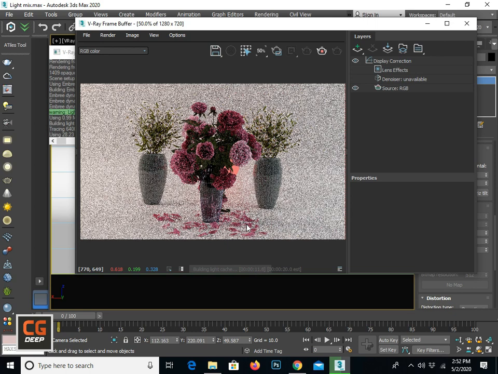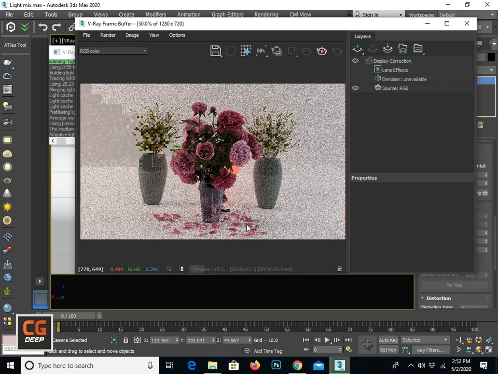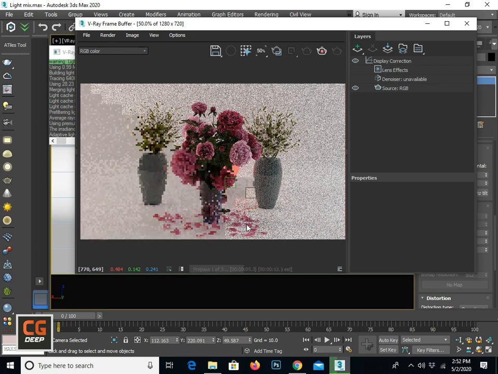And now I will tell you what the Light Mix option actually is, which is included in this V-Ray version. Before being included in this version, it was available in Corona Renderer, right?